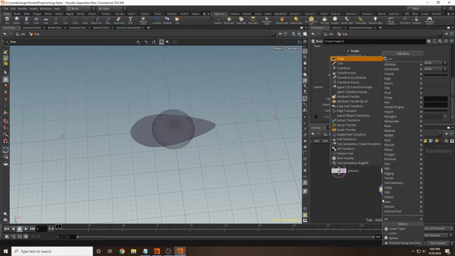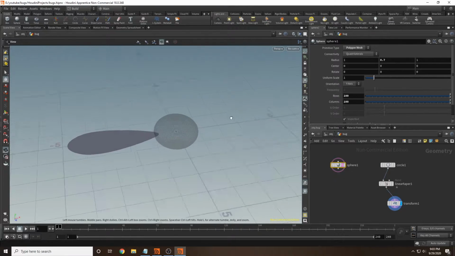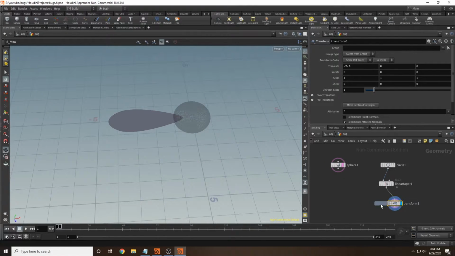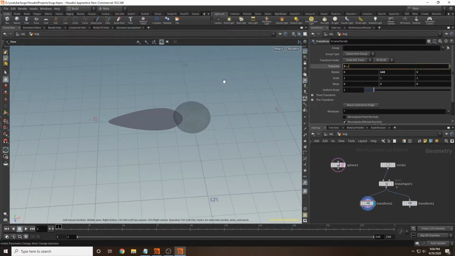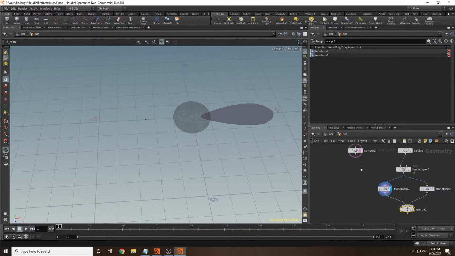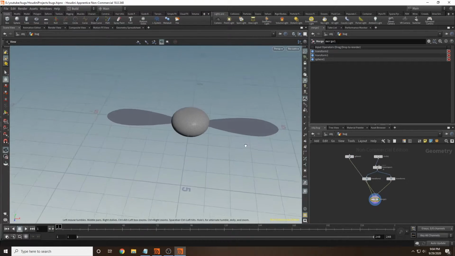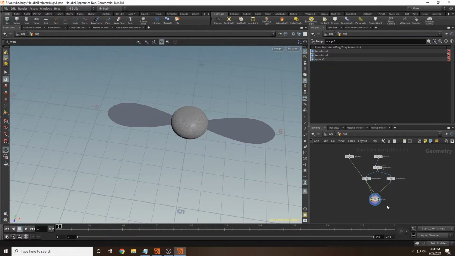And then we will move it over to the side with a transform. And then we just create another transform. I'm copying it by holding Alt and then left click dragging. And then that makes a direct copy of this transform. And we can just rotate this 180 degrees. So when we merge the two together with the body, we get our little simplistic bug, but we want our bug's wings to flap,